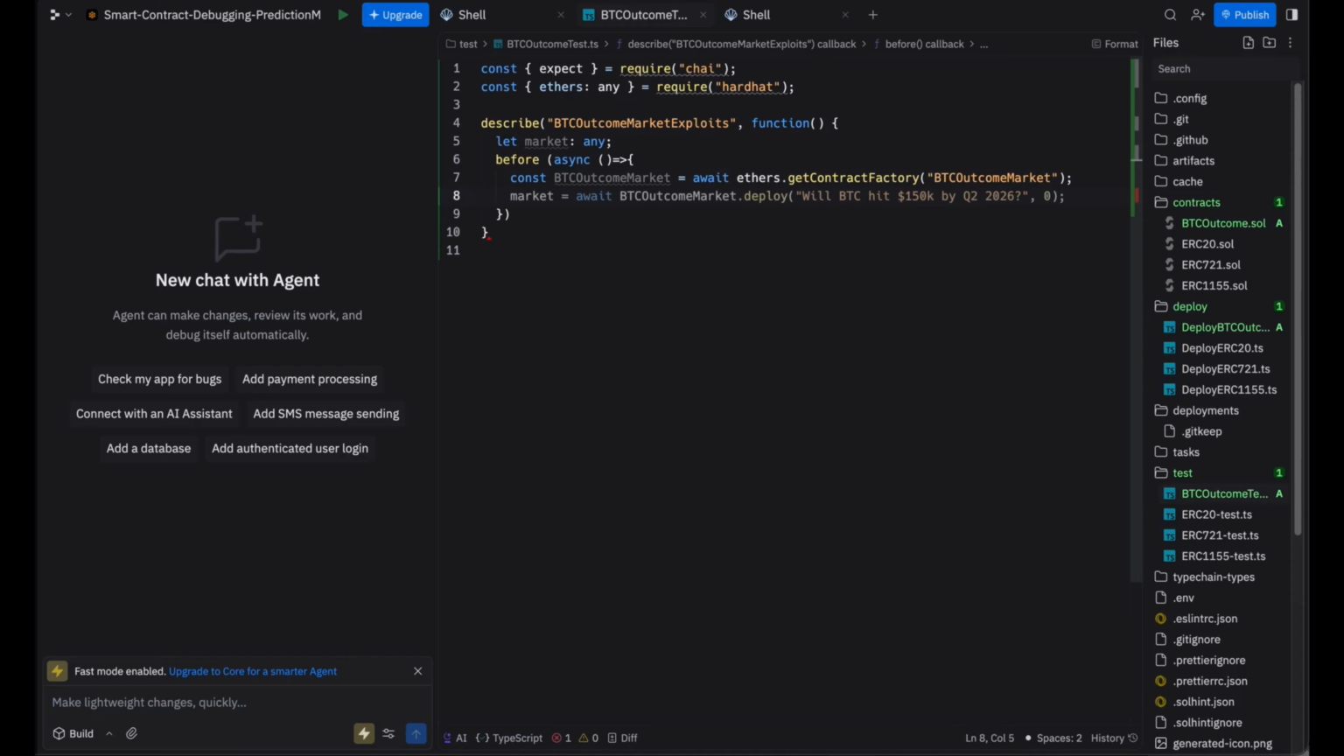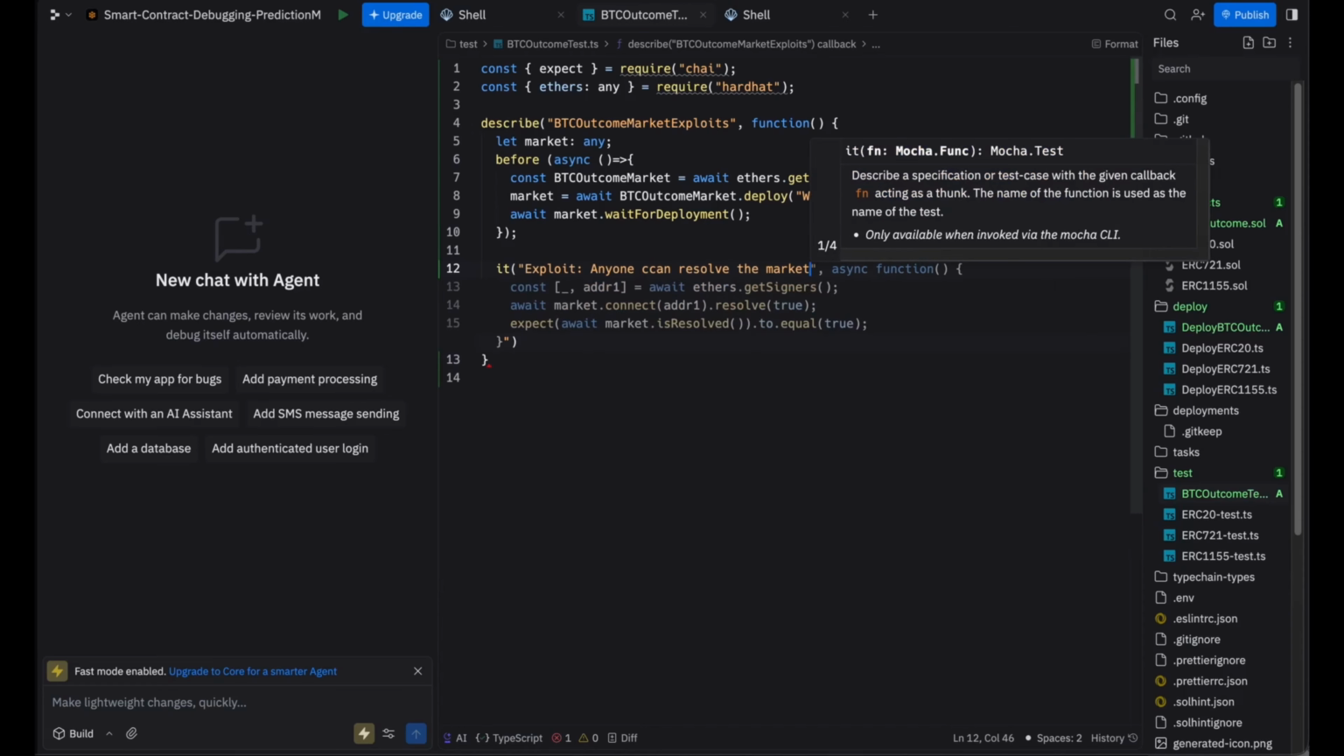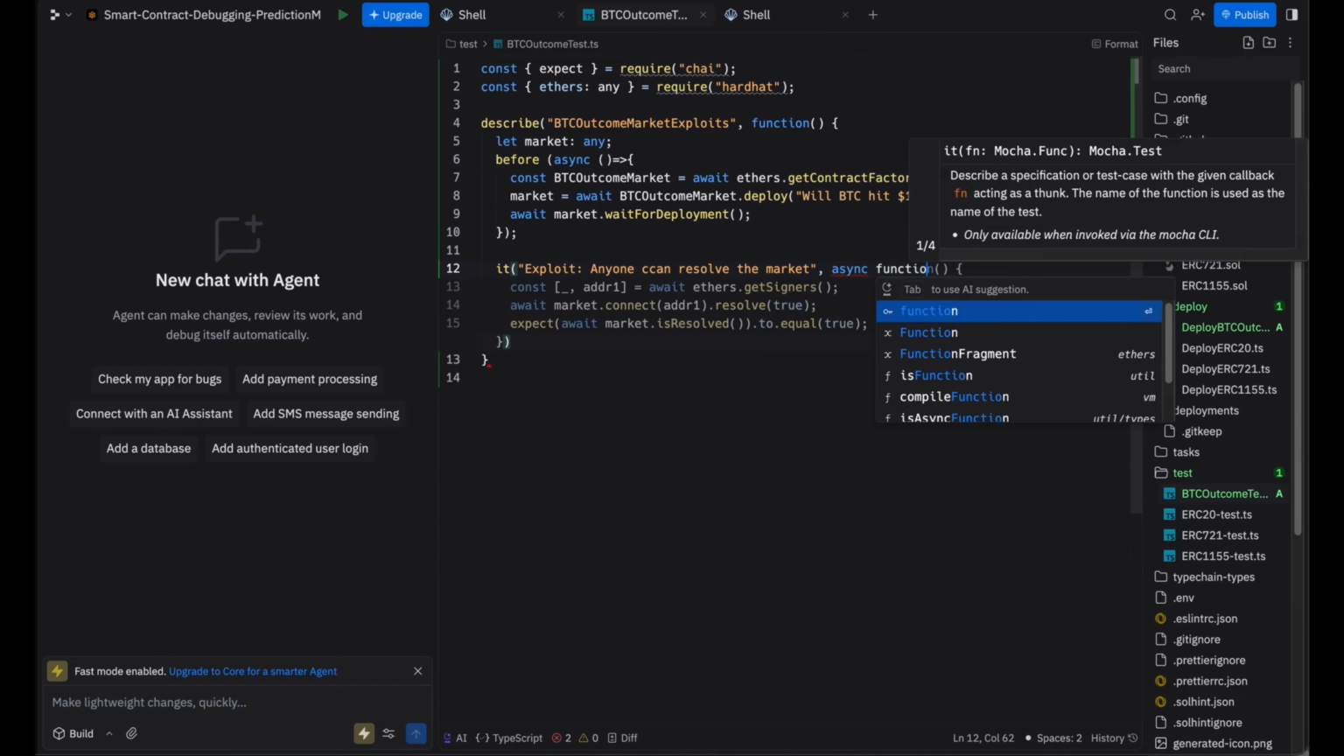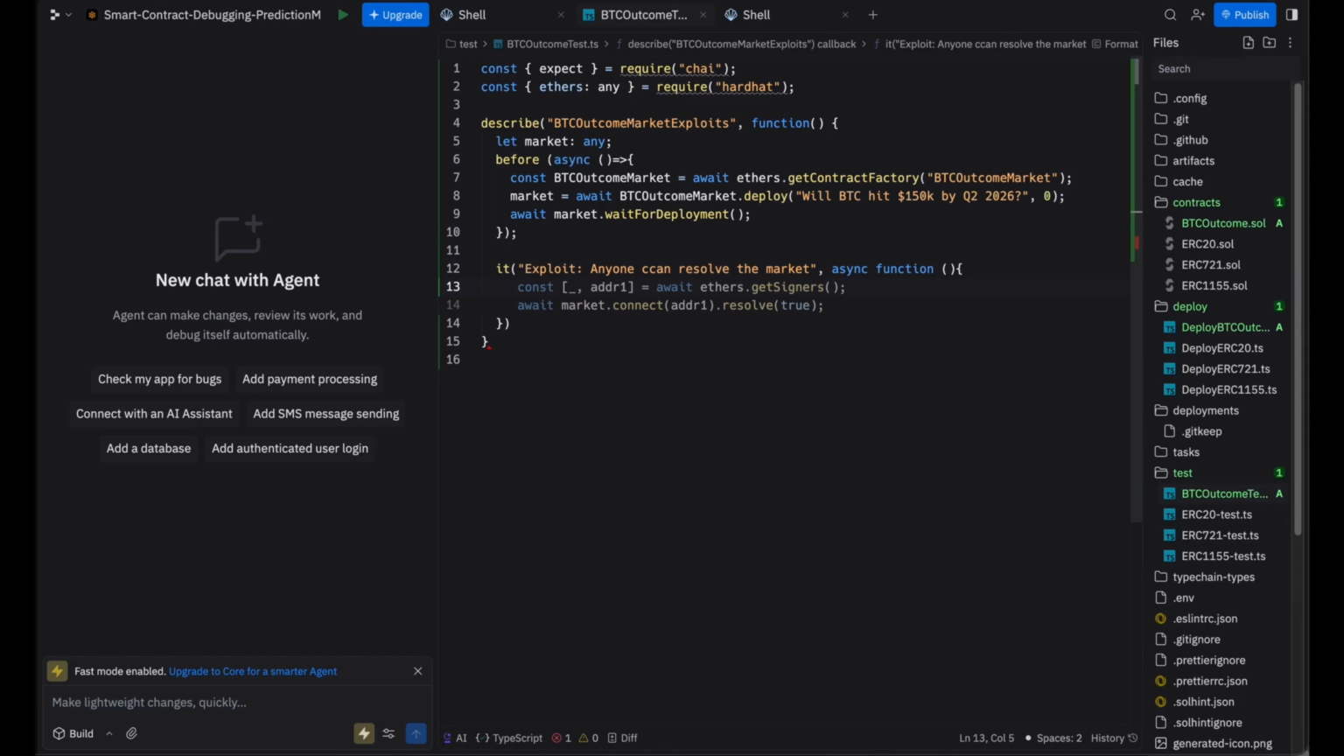Thereafter, we will say that market equals await BTCOutcomeMarket.deploy with the test market, right? This will basically be our quick test. That's why we are providing the zeroth here. Thereafter, we'll just say await market.waitForDeployment. Here, first of all, we are deploying the contract. Now, thereafter, once specifying the functionality which we want to follow, we will use an it statement in order to verify the things. We are just saying that anyone can resolve the market, in an async function with curly braces in here. Thereafter, we will say that await